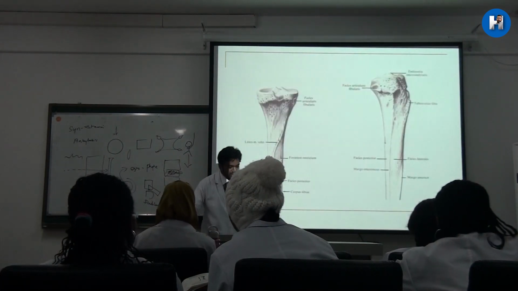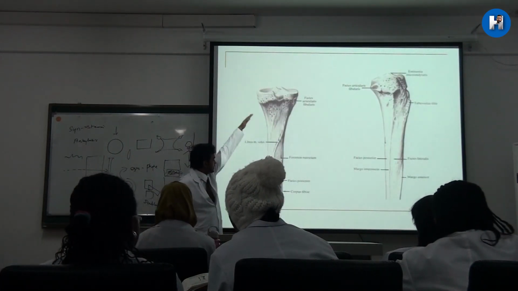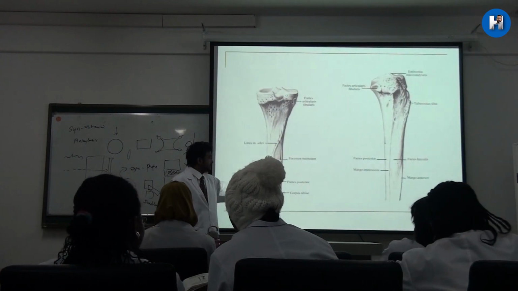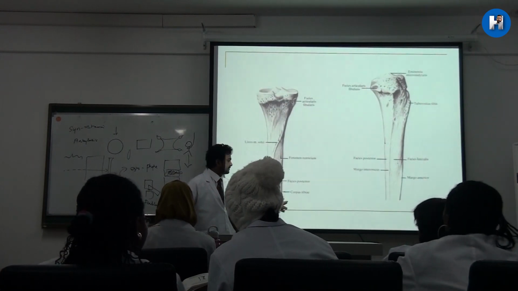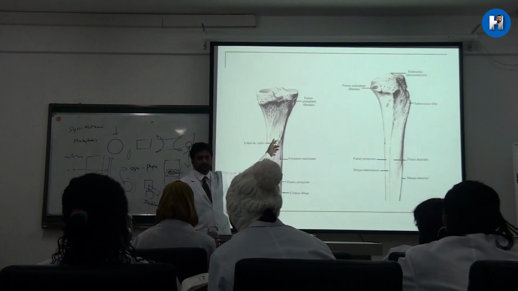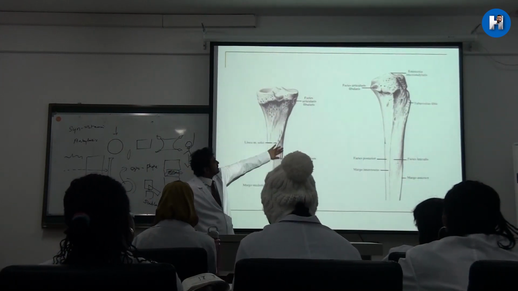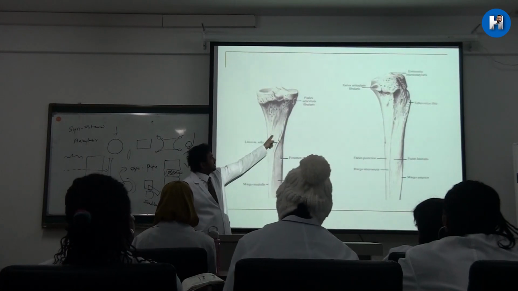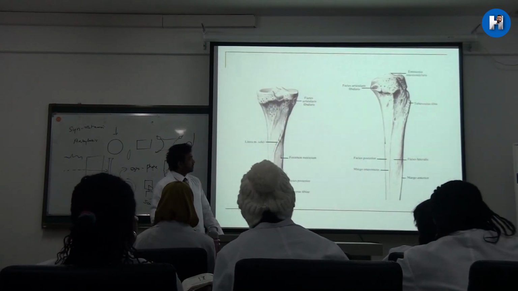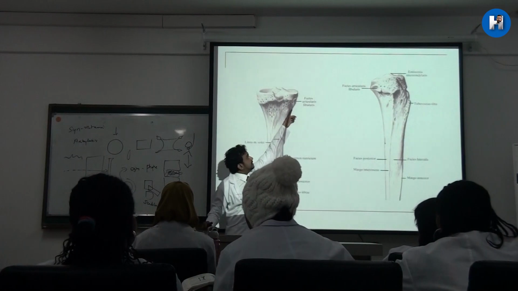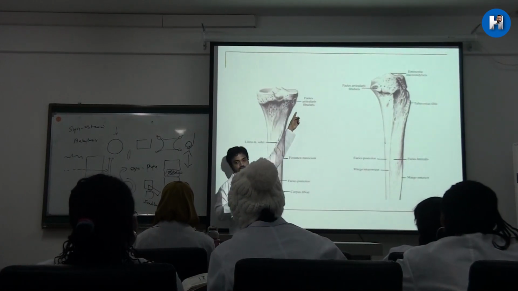Now we can see from the posterior surface. So this is the posterior surface. This is the medial margin, the posterior surface, and on this side there will be the interosseous margin. So you can see the posterior surface. In the upper part of the posterior surface, what will be there? Now you can see over here easily, which I wanted to show you.